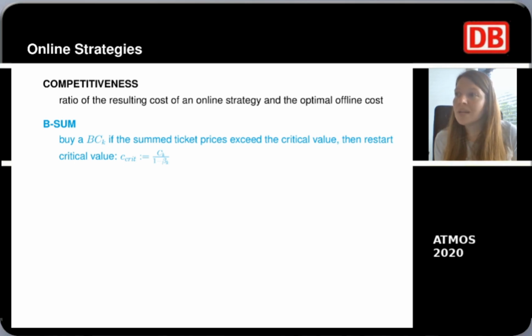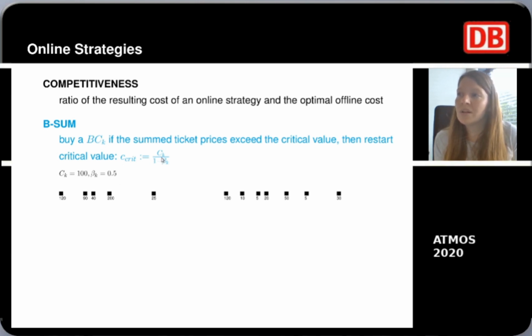This is why I want to quickly discuss it here. So the B-sum algorithm says that we only buy BahnCard of type K, so the best BahnCard in terms of price reduction factor, and we do it whenever the sum of ticket prices of our journeys exceeds a certain threshold. So in the example here, if we have a BahnCard with cost 100 and a price reduction factor of 0.5,